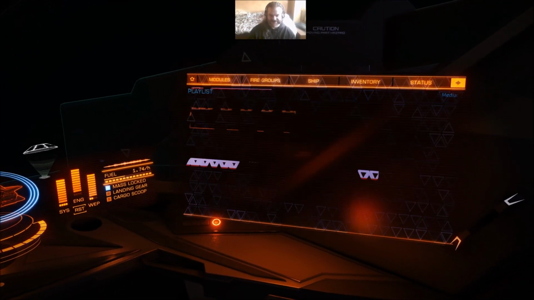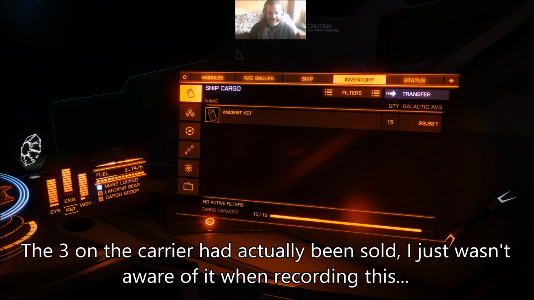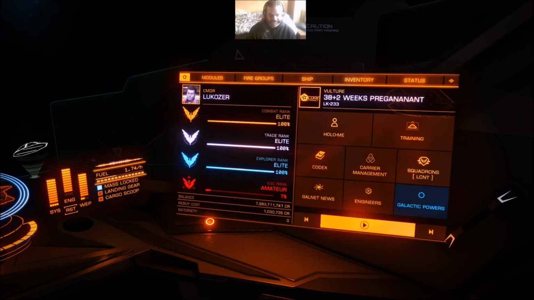Now you may have noticed, yeah, I now have 15 of them. So yeah, I've done this a few times. This is to go along with the 3 that I've already got on the carrier, so I have 18 of them. I could get one more and fill this cargo capacity up, but I'm not going to do that, because